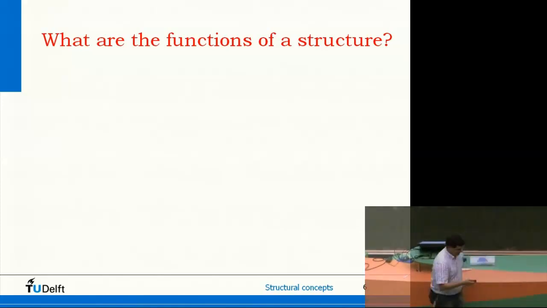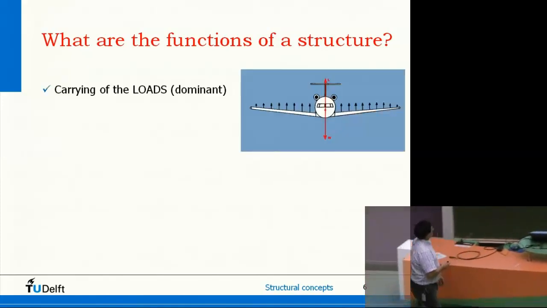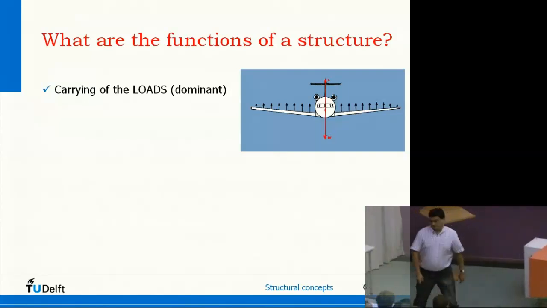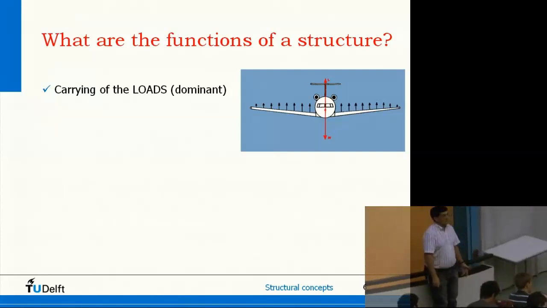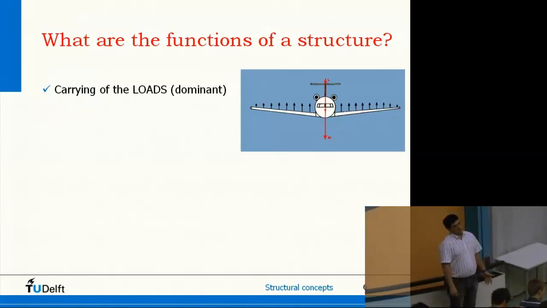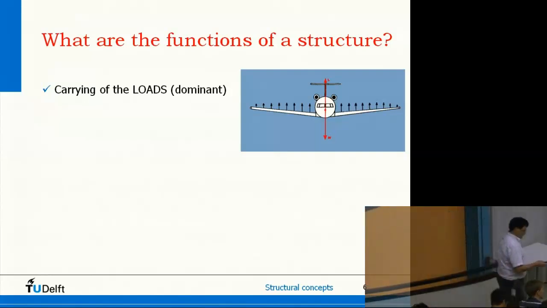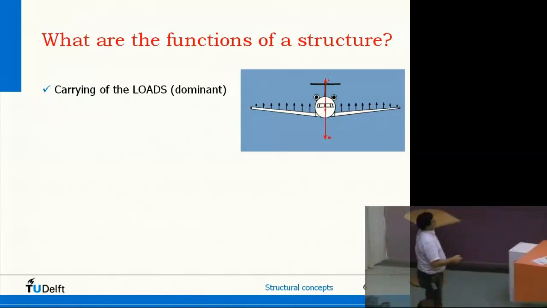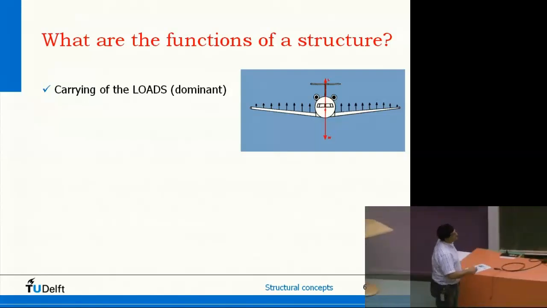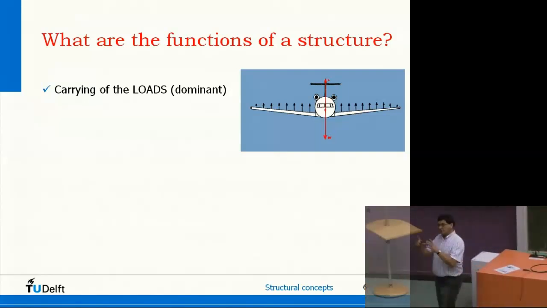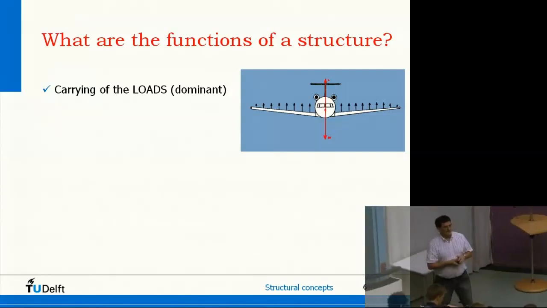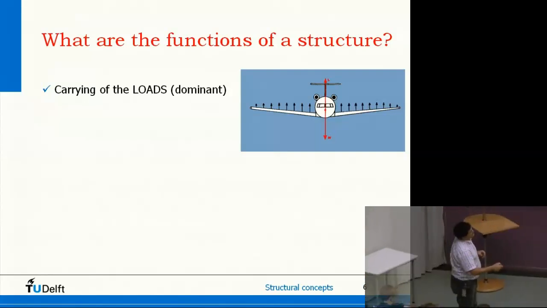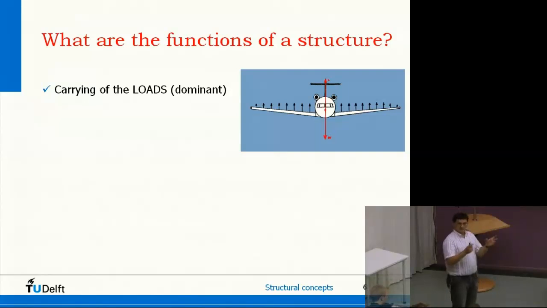Well, again, a few of these items are also on the list here. First of all, loads. Structure is mainly designed, in particular in aircraft and spacecraft, to carry loads. We have seen in one of the previous lectures that we do have a weight. And in many cases, most of the weight is concentrated in the fuselage, about 60–70%. Particularly if you also have the engines close to the fuselage, then most of the weight is concentrated in this area.